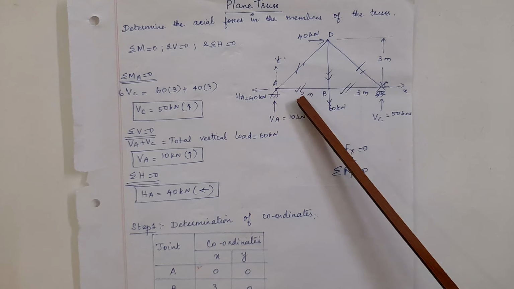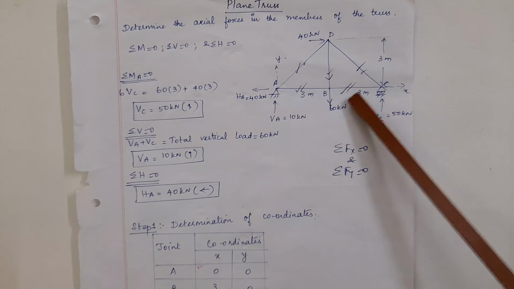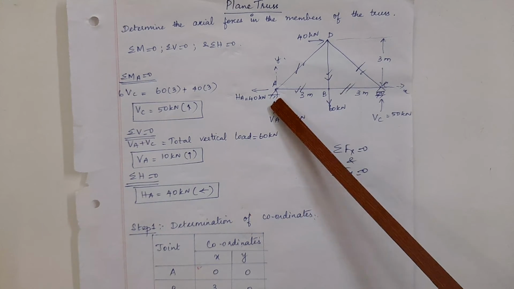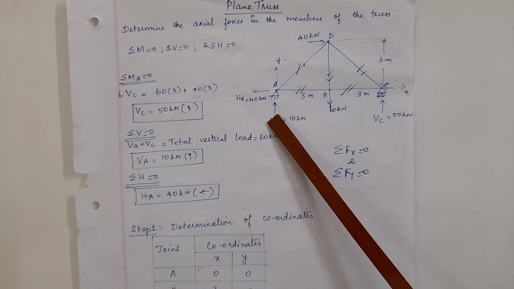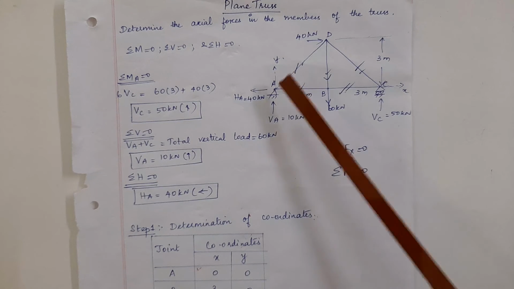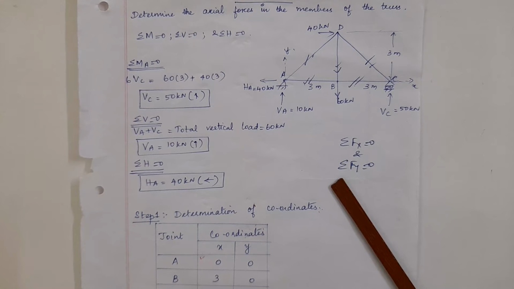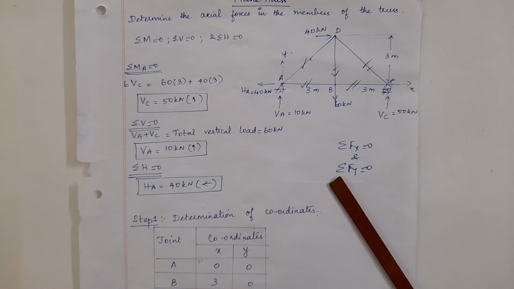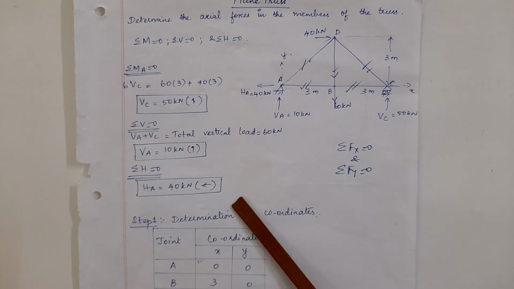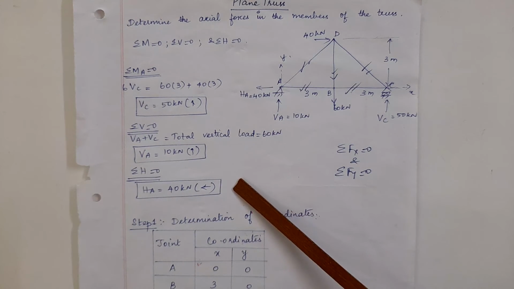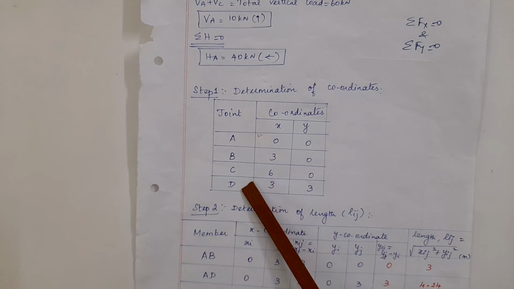Let us go to A and C. There are two members coming out. So I can make use of the two equilibrium equations to find the member forces at these two joints. But suppose A and C have reactions, those have to be determined and taken into our calculation. Okay. So check from one end towards the other. If the truss can be analyzed without calculating the reactions, we can proceed easily. If it is a must that we calculate the reactions to analyze the truss, let it be the first step. So we have discussed earlier the determination of coordinates.